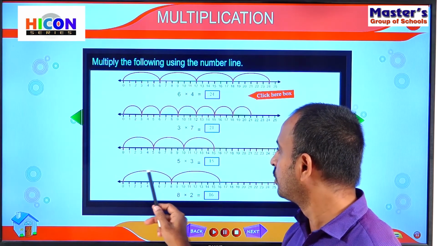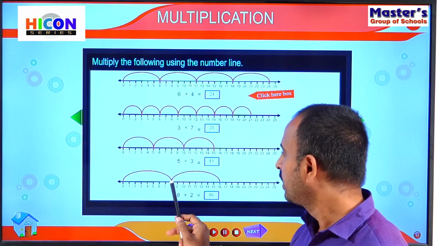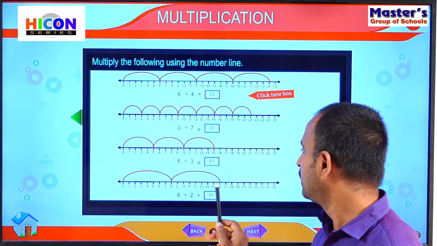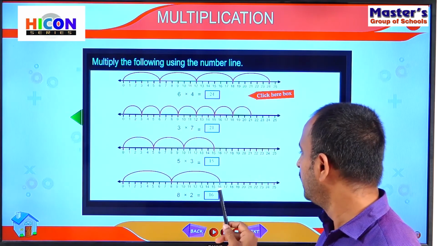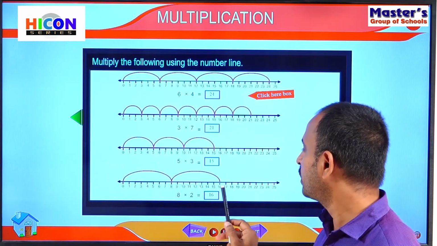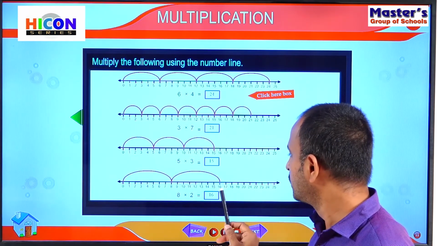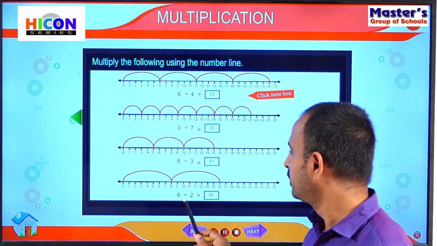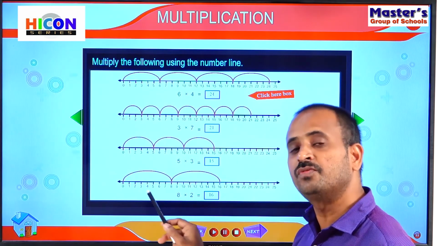That is 0 to 8. This is step 1. And again cross 8 steps, that is 8 to 16, that is the second step. And finally, we have reached the number 16 on the number line after moving 2 steps. So 16 will be the answer. 8 2s are 16. So here, children, we have to count 8 numbers for each step.